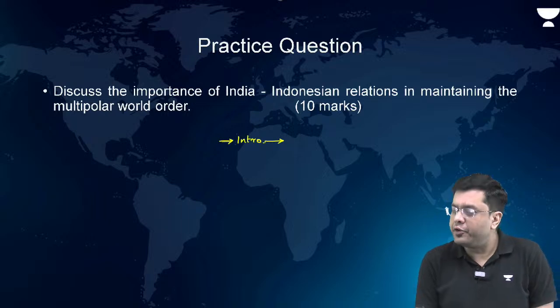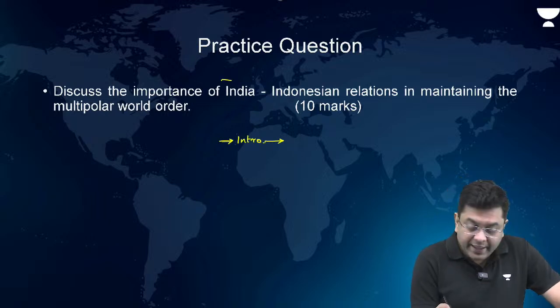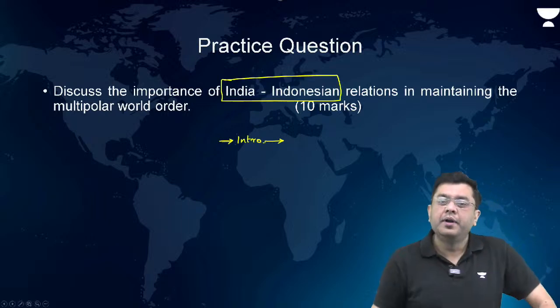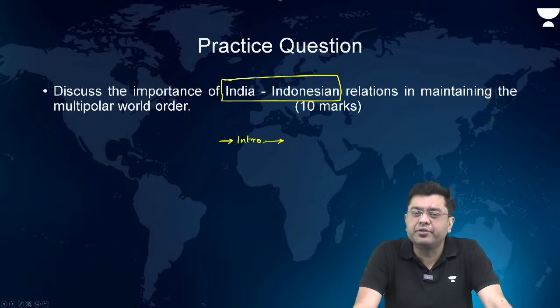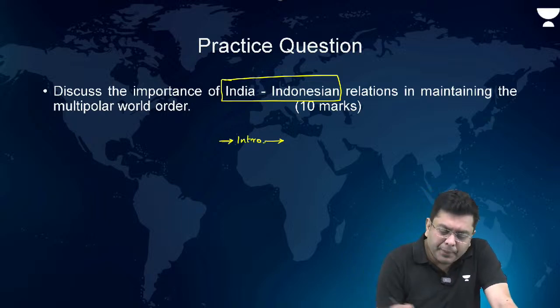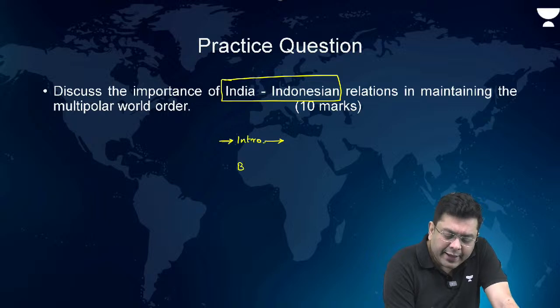What do you address in the introduction? You talk about India and Indonesia, how these two countries represent a very diverse culture, a large population base with the requirement of development and adapting to the changing world order. That's it. Then in the body you follow up from there and you talk about